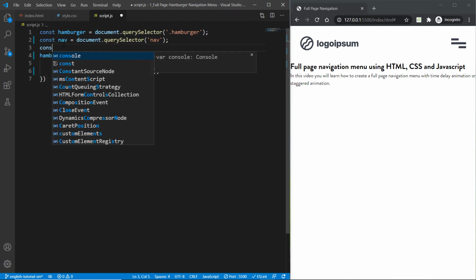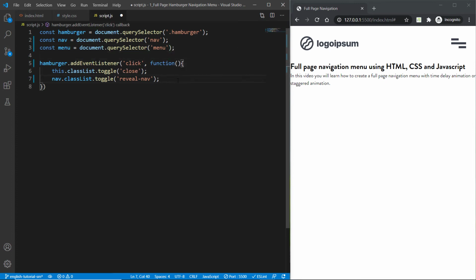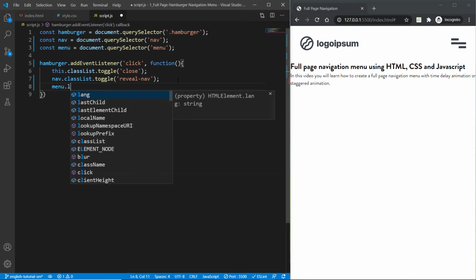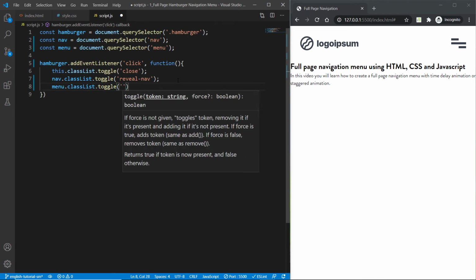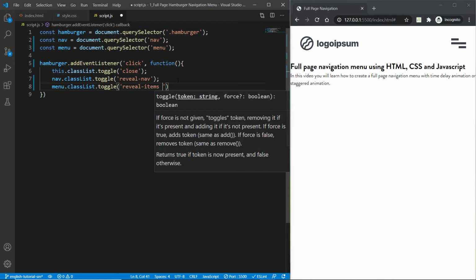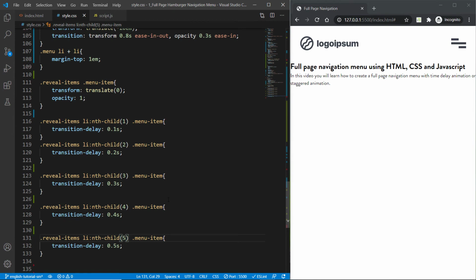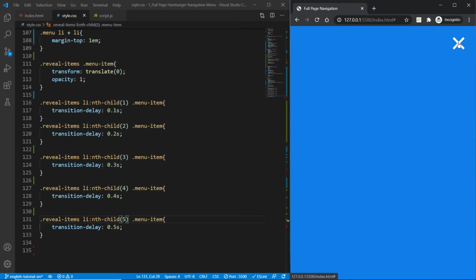Now once again, go ahead and create a const variable called menu. Select the menu using the query selector, like that, and inside this event listener call menu.classList.toggle, the class that we have created, that is reveal items. Hit save. Now let's go back to CSS. Everything looks good. Let's go ahead and click here,